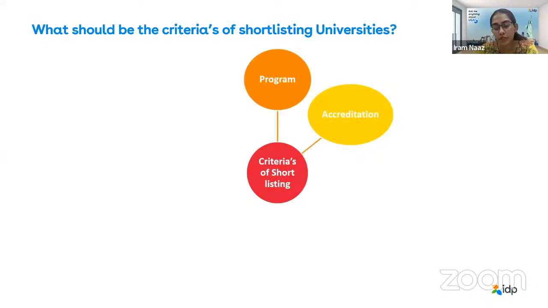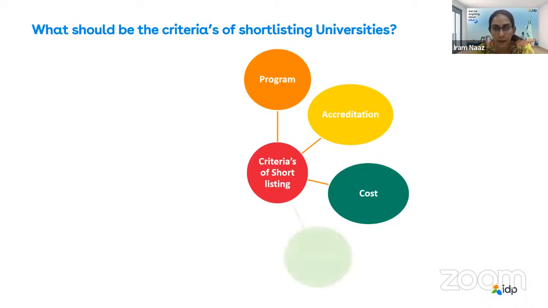The student also needs to check the university accreditation, how many accreditations it has, where the university is, and the cost. Cost may vary from region to region. If you are planning to go to Texas, the expenditure is going to cost you way less than New York or California. So the student has to look at that as well, and also at the climatic conditions.